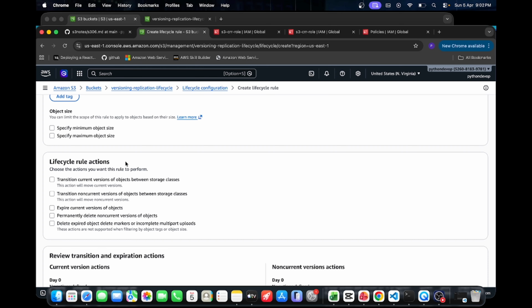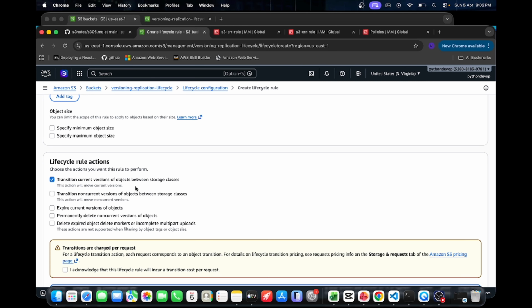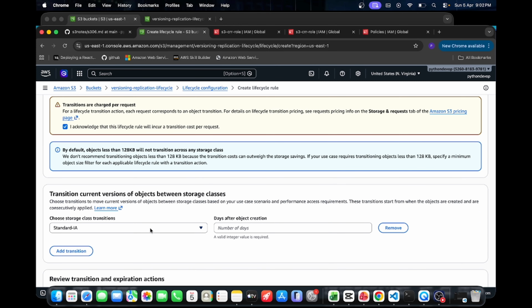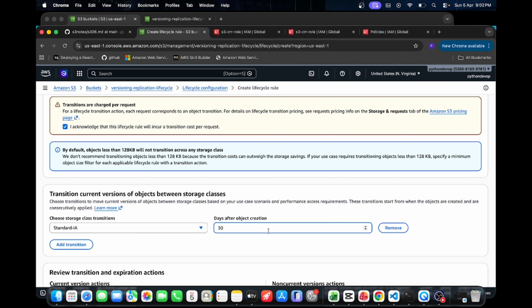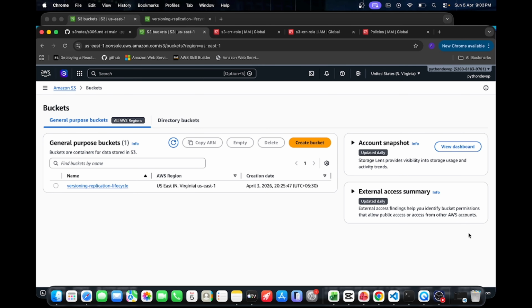In the lifecycle rule action, we can choose transition current versions of objects between storage classes. I acknowledge. We are moving to Standard-IA, and you can set it for 1 day only. Okay, it's saying that you must give a minimum of 30 days. So leave it at 30. Okay, now we have cleaned up our bucket. So let's